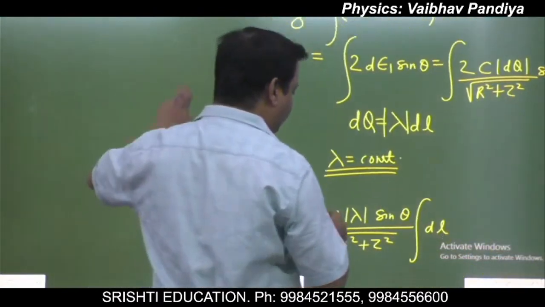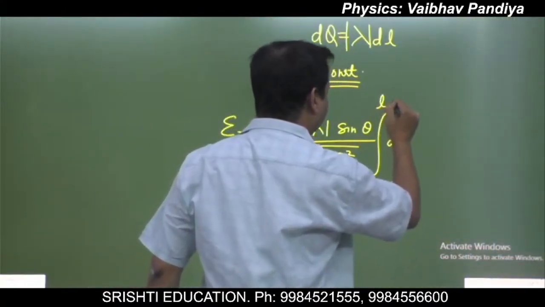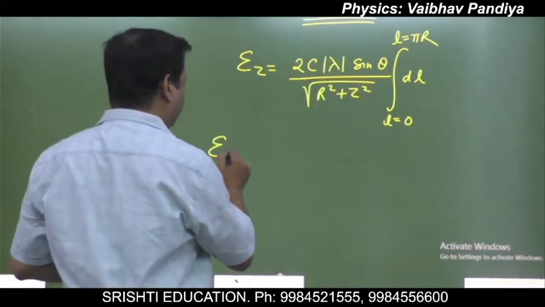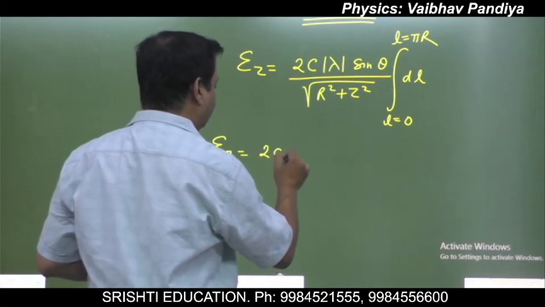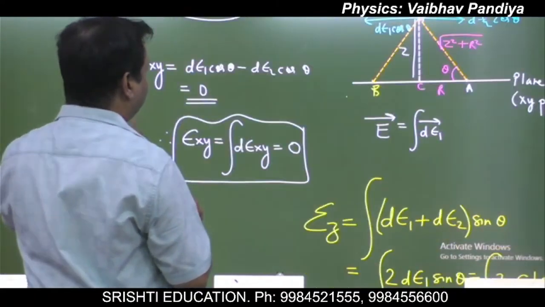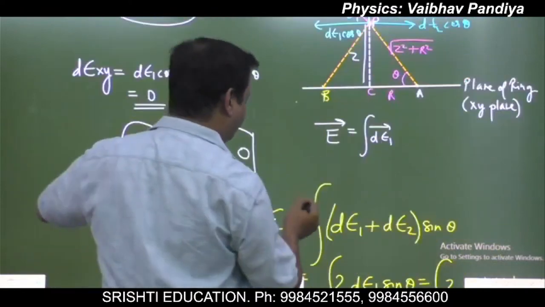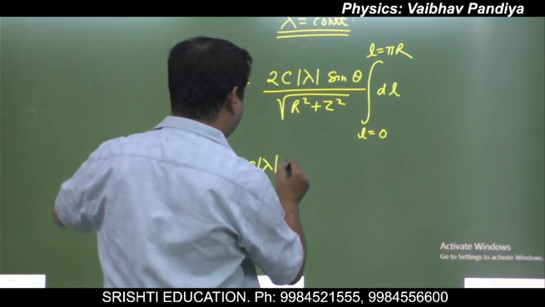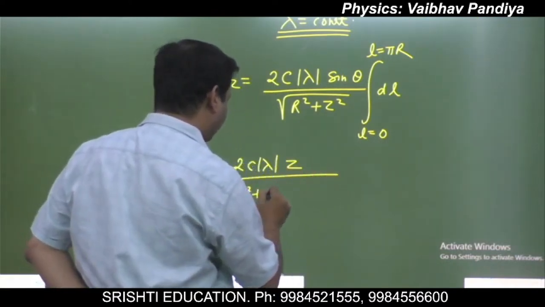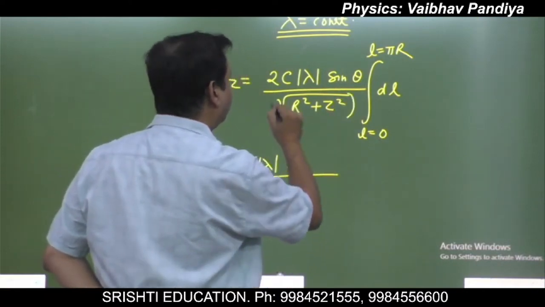So we will put the limits of L from 0 to pi r. So Ez will come to be 2c lambda, put the value of sine theta. So you see the right angle triangle. Sine theta will be perpendicular by hypotenuse. That means z by square root of z square plus r square. Z by r square plus z square. Sorry, that was square